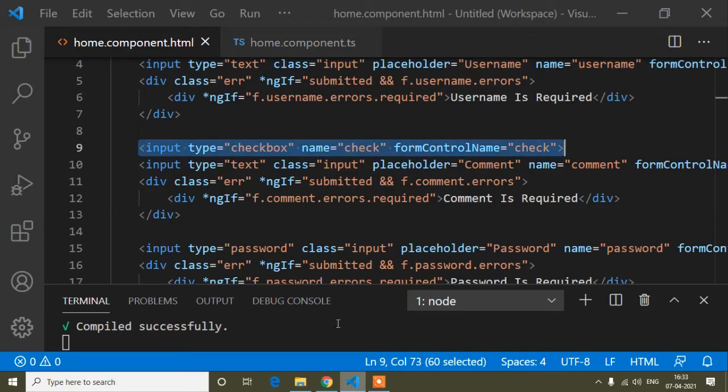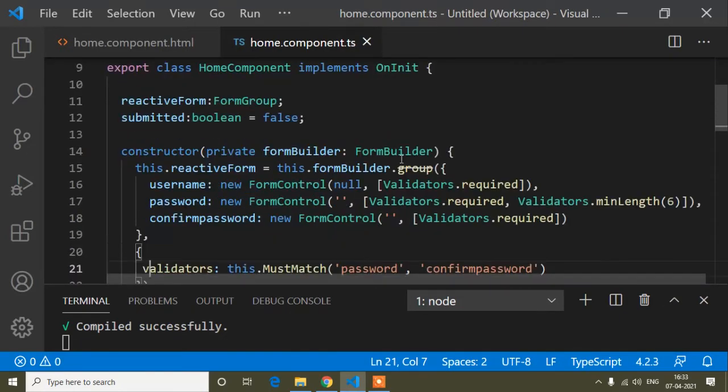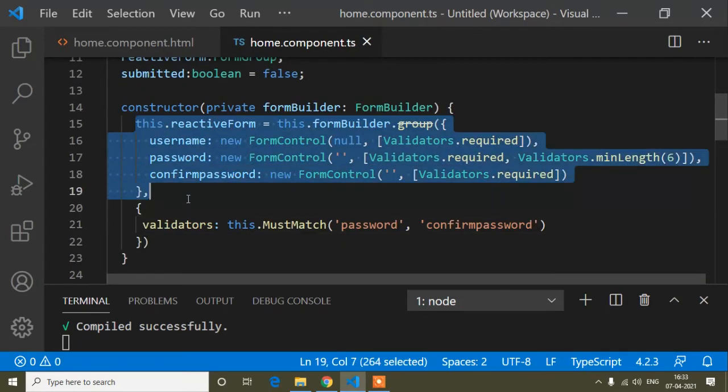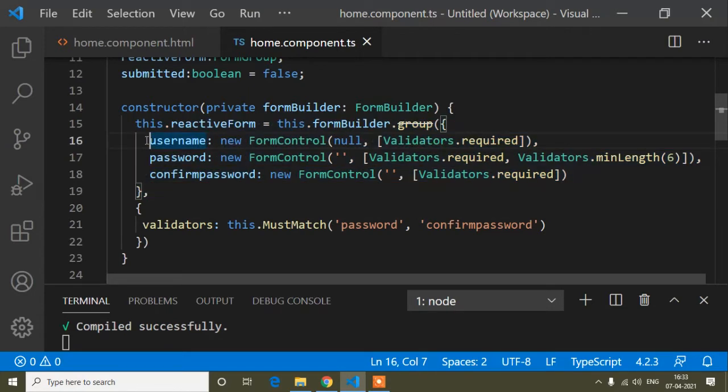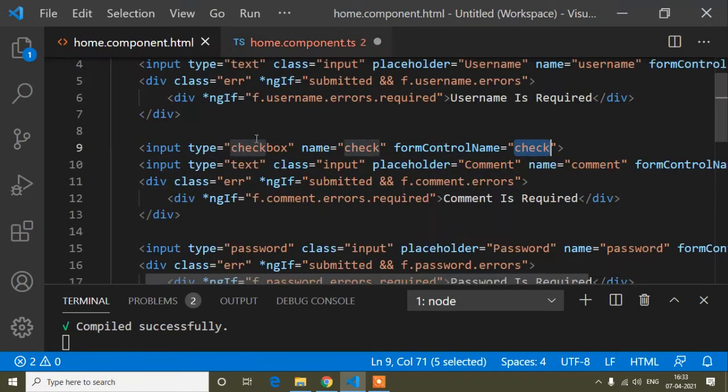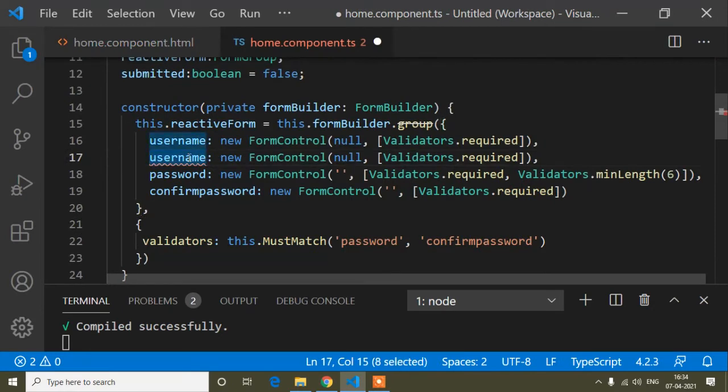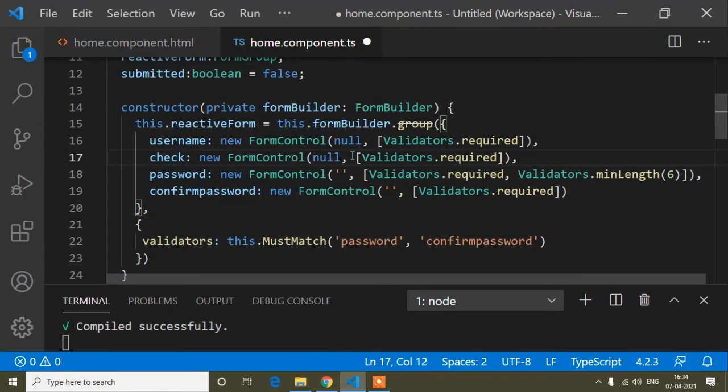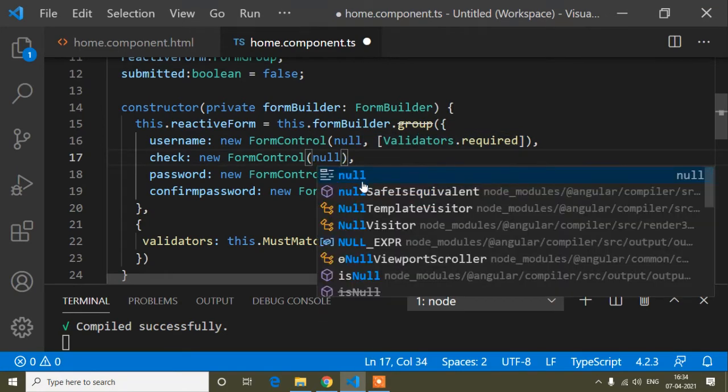So guys, here I will copy this formControlName check and go to the ts file, and here is the reactive form group I have created. So now first of all I will copy this one and paste, and again I will copy here, so instead of username I will paste check, and this one I will write none, okay.